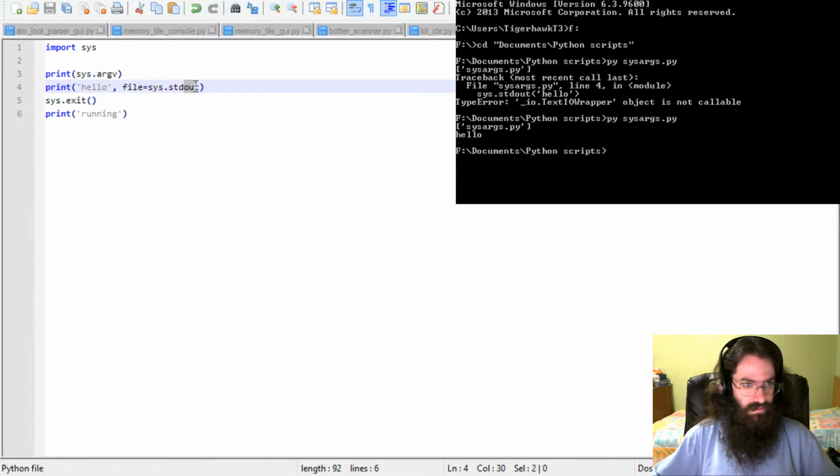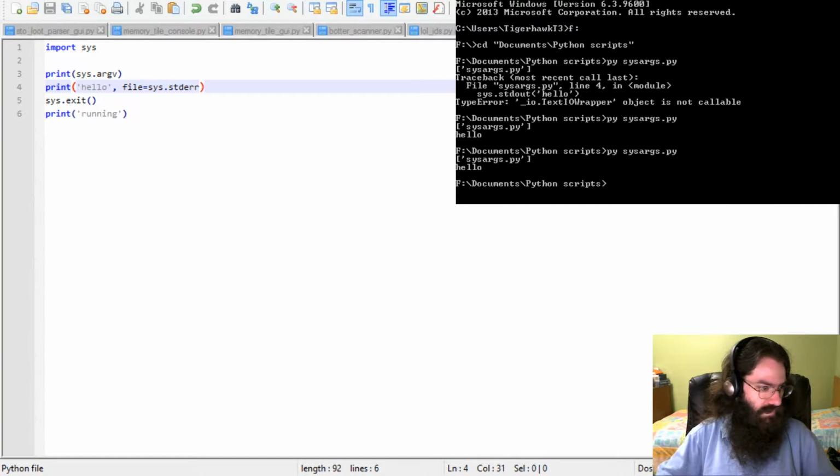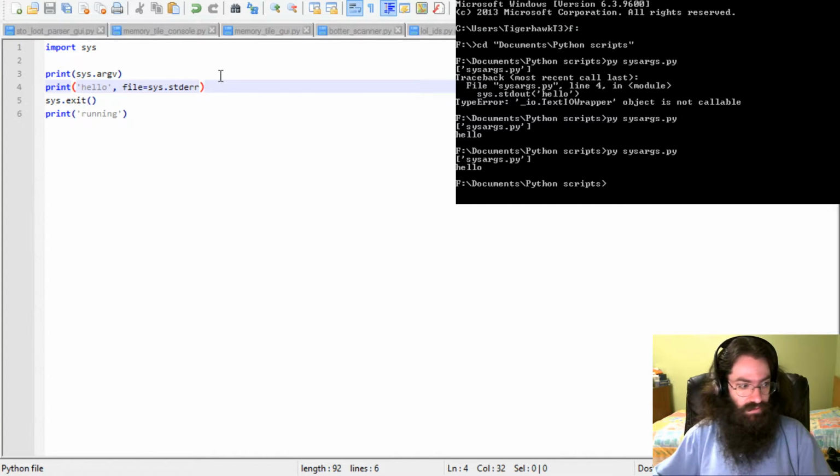Let's see. Can I change this to standard error? What happens then? I think it's the same thing, right? Yeah. So it printed this to the standard error handler, which just prints it normally. If you recall, in the Star Trek Online loot parser, I print the progress bar of sorts, just a file number out of the total,